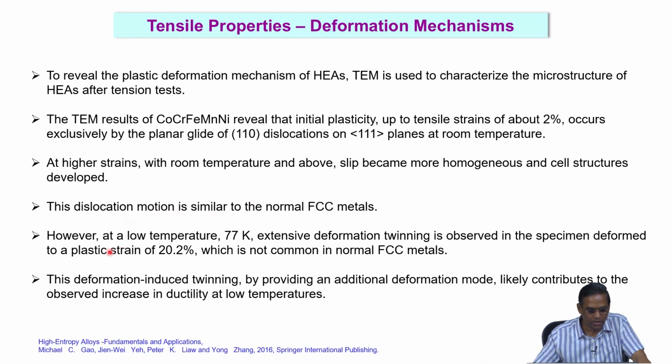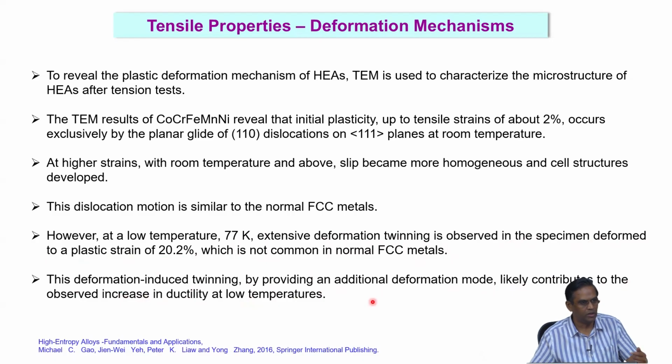So, this dislocation motion is similar to normal FCC metals. However, at low temperature, 77 Kelvin, extensive deformation twinning is observed. We have also seen yesterday, extensive deformation twinning is observed in the specimen deformed to a plastic strain of 20.2%, which is not common in normal FCC metals. This deformation-induced twinning, by providing an additional deformation mode, likely contributes to the observed increase in ductility at low